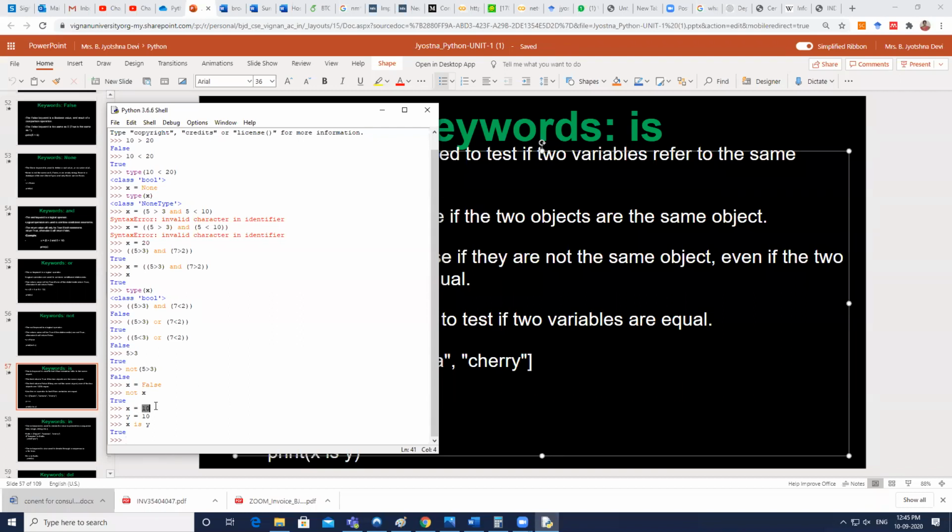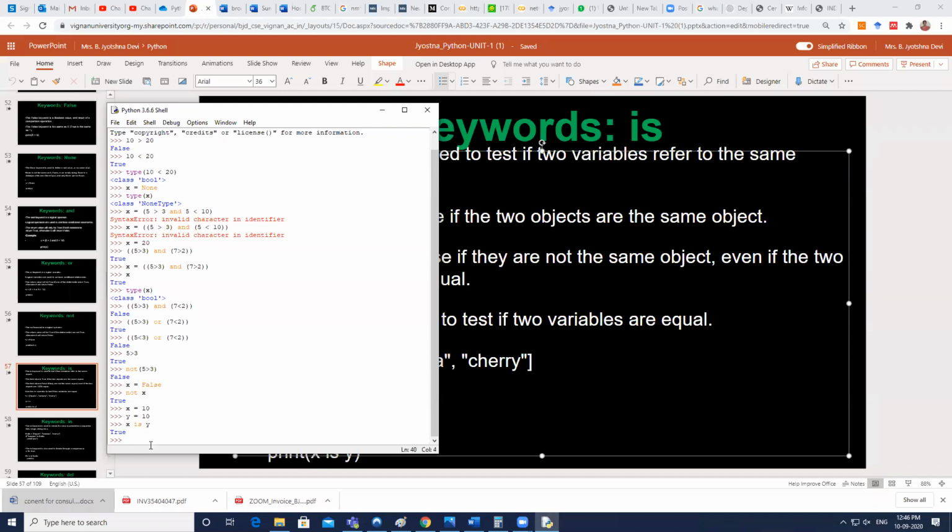Say for example, 10 is referring to some memory location in your memory when you are storing even a value. So when you store 10 in x, and later you store it in y also, both are referring to the same value, right? So it's not about the value they are storing. It is whether they point to the same memory location or not, that is, whether both are pointing to the same object or not.